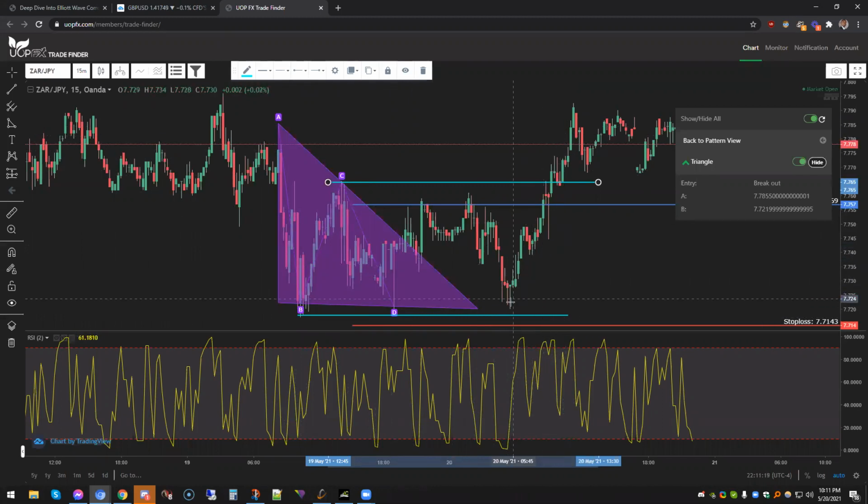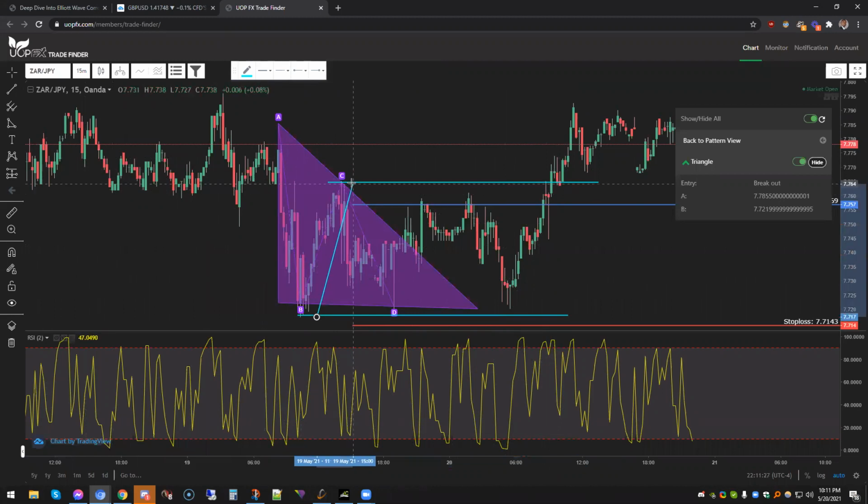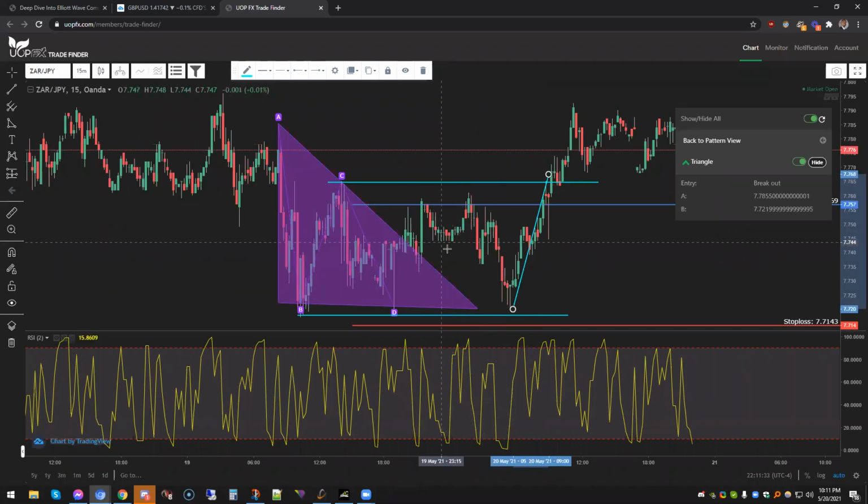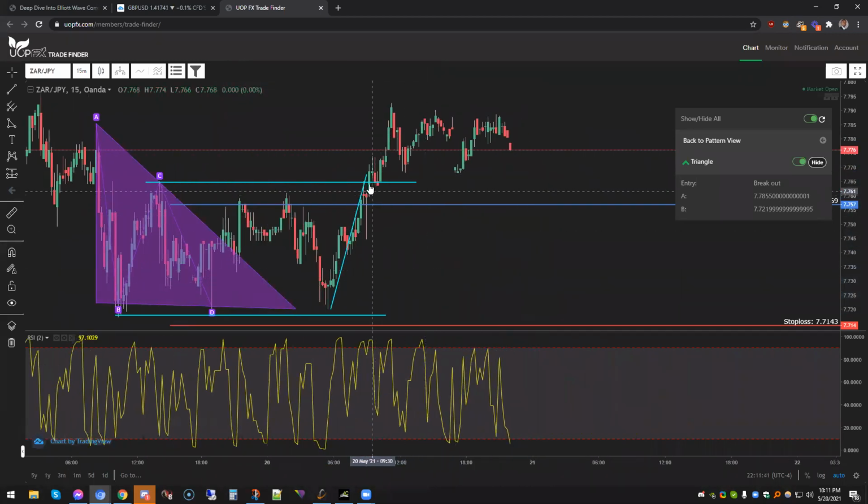So in a case like this, your target 1 could have been right here. All you had to do was measure the first wave and project that over here, at the end of the third wave of the correction. This would have been your first target. You could have exited here and then looked for a reason to go short or another reason to go long. Now, since the price is moving to the upside,